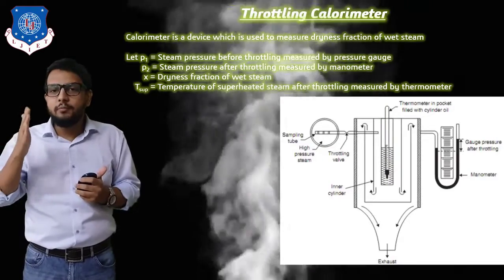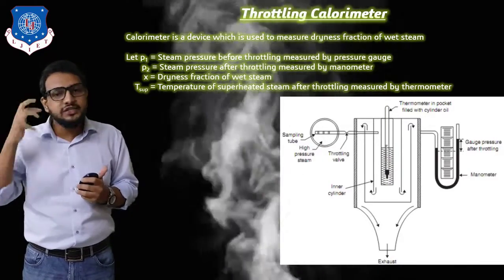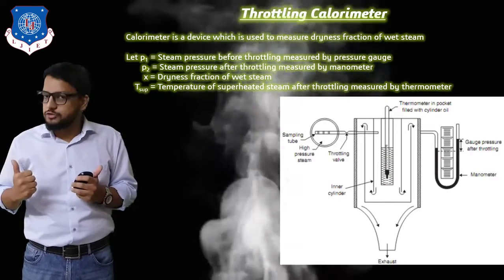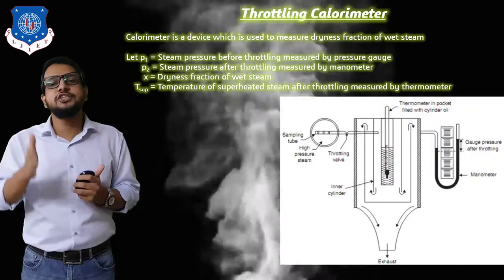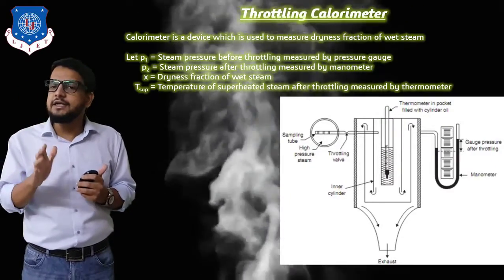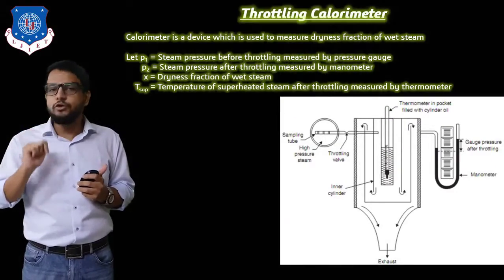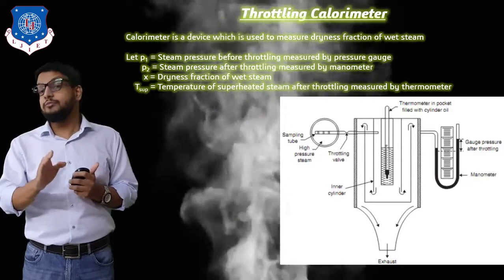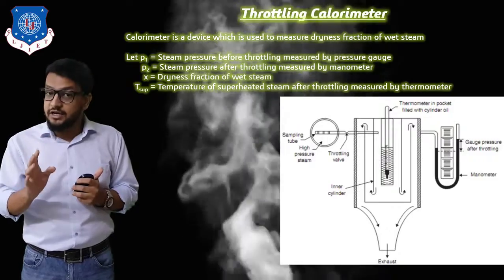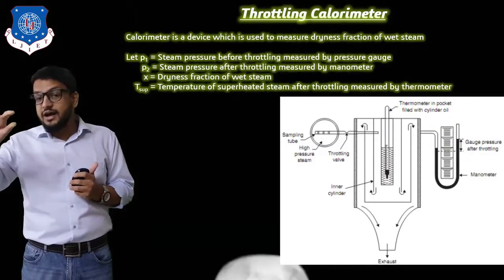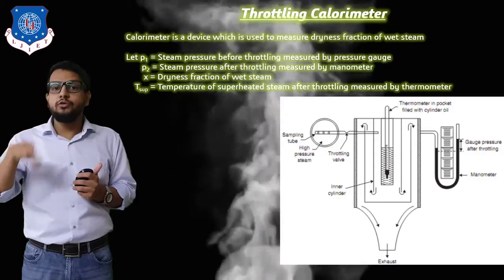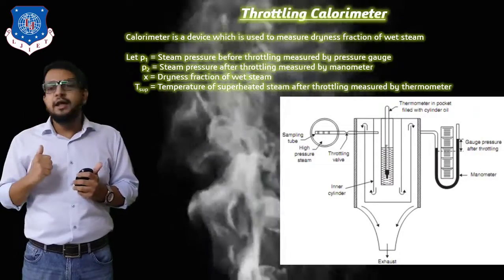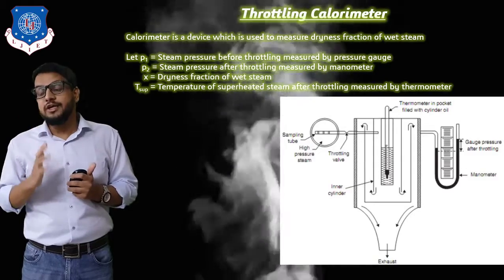Now what is the formula to obtain pressure P2? Since the manometer is just going to provide a height, we know the formula of pressure in terms of height, that is P = ρgh, where ρ is the density of the mercury present in the U-tube manometer, that is 13,600 kg per meter cube, g is the gravitational acceleration, and h will be the difference in height obtained from the U-tube manometer. So by using this equation we can obtain pressure P2, and by using the pressure gauge we can obtain pressure